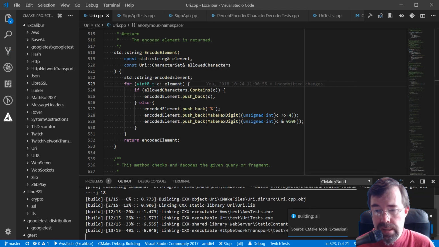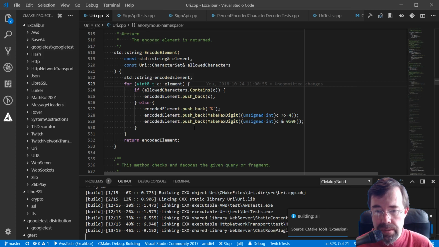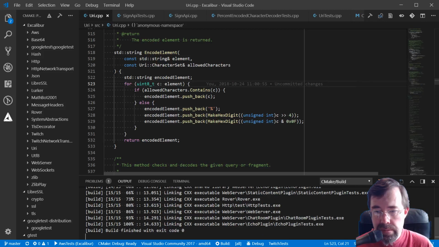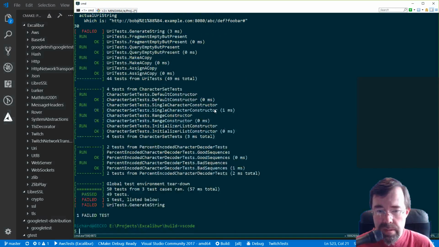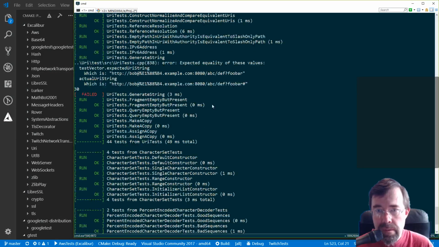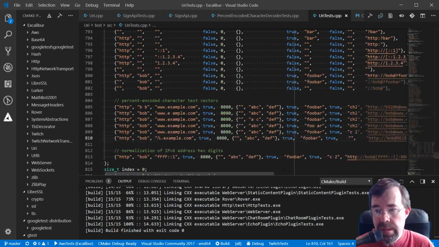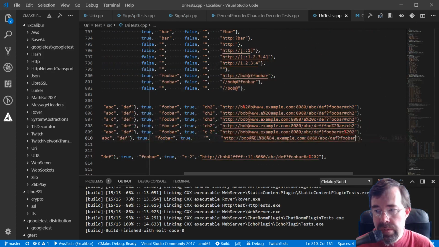It's actually linking a lot of things. A lot of things use this URI library. Web server, WebSocket stuff. Okay, let's see if that fixed it. It didn't fix it. What did I do wrong? Oh, right, that was a test vector error. Empty string fragment ends up doing that, but we actually don't want any fragment at all, so